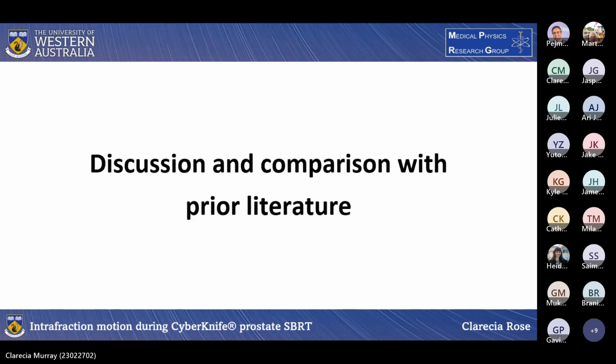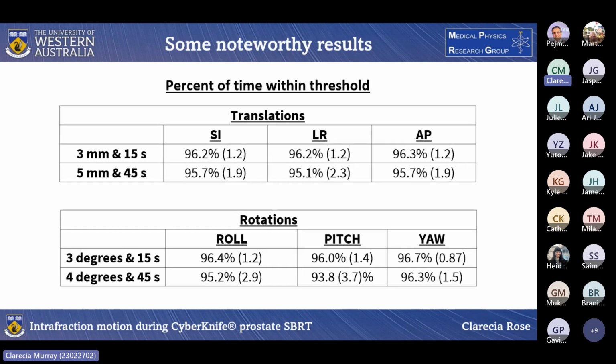So looking at what all this means and comparing it with some prior literature. It's quite common to look at, in the literature, values which result in 95% geometric coverage. Furthermore, it's quite common for 5mm margins with 3mm in the direction of the rectum to be applied during prostate treatment. And although these margins are there to encompass more than just intrafraction motion, these are still interesting thresholds